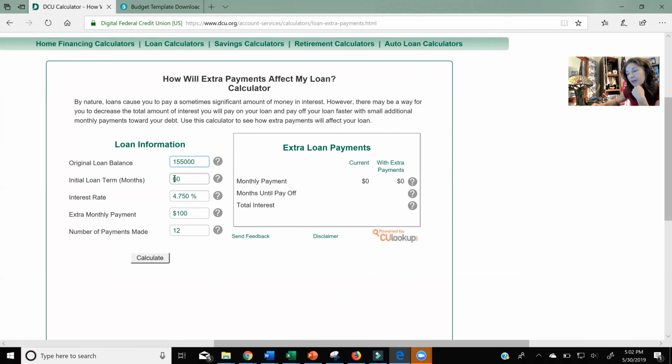The term is in years, usually a house goes for 30 years, not 60. I do not know of a 60-year house payment. And as far as the interest rate goes, you can just leave it how it is right here. That'll be fine. That's probably about normal. Honestly, I'm not really sure what the interest rate is going for right now.